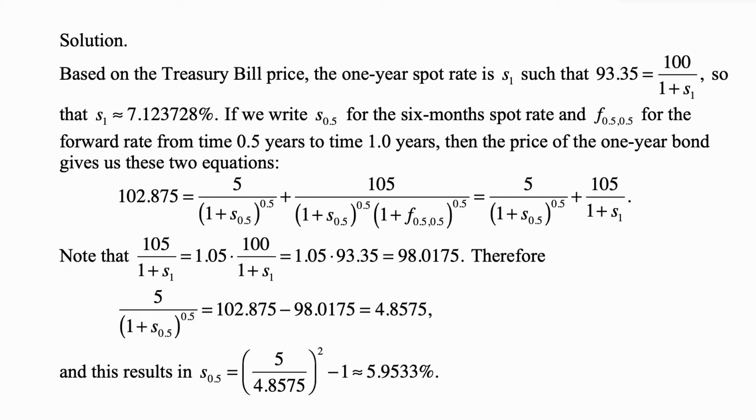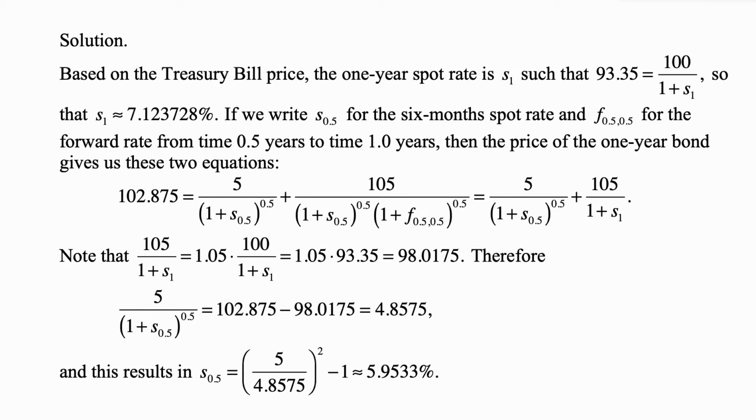And 105 divided by 1 plus S1 has to be equal to 1.05 times 100 over 1 plus S1, because 105 is equal to 1.05 times 100. And 100 over 1 plus S1 is equal to 93.35, so this has to be equal to 1.05 times 93.35, so 98.0175. Therefore, 5 over (1 plus S.5) to the power 0.5 has to be equal to 102.875 minus 98.0175, and that's